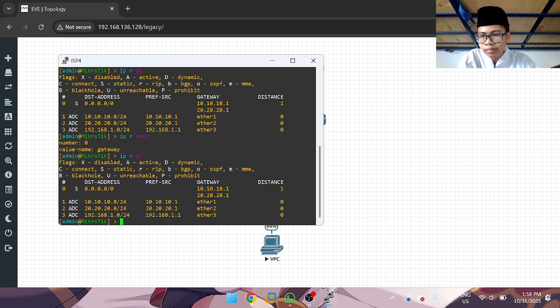IP route print again. The active static. I forgot to save it.